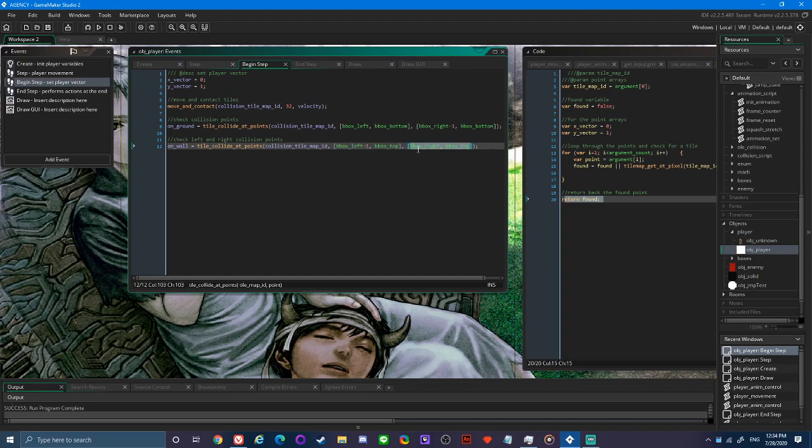We give it these, the 4 points of the square, or rather lines, because it's checking left and going to the top of the bounding box, and then bbox right is the top of the bounding box. So it's checking like 4 points,